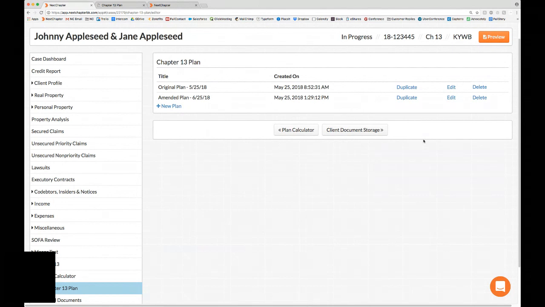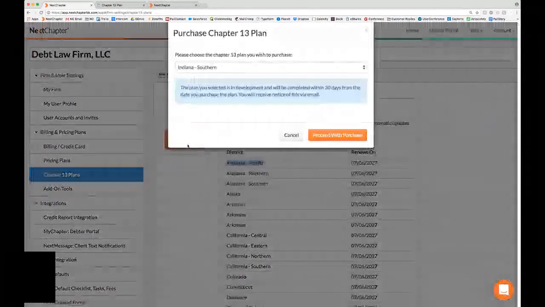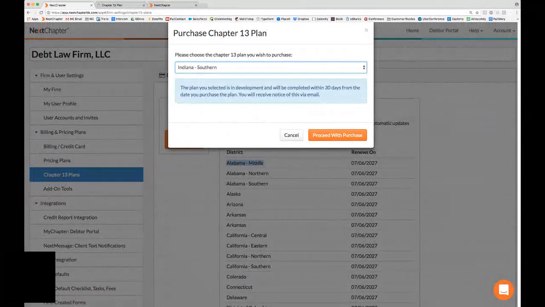If you did want to add it, it's an account add-ons. So we have the Chapter 13 plans here, and you would actually purchase per district. So it's $250 per district, and when I choose this, I can actually choose which plan I want to do. We have about 3/4 of the plans completed from the update from December. If you happen to purchase a plan that we don't have completed,